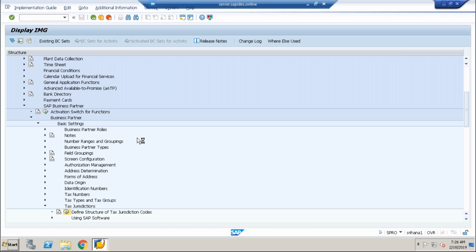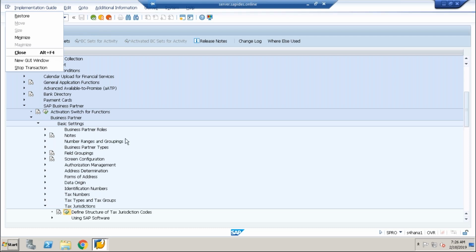Is it open? Some issue. It's not opening.